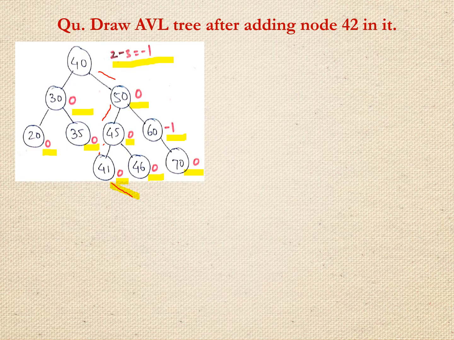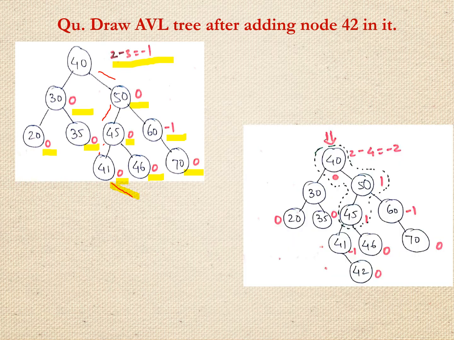Now let us check what will happen after adding the node 42 in it. So now here the node 42 is added. Again we'll be verifying the different balance factor for every node. So here it is 0 for the leaf node. Again it is 0. Here it is also 0. Here it is 0. Here it is 0. Now here, you can verify 2 minus 1, it is 1. Here it is 0 minus 1 minus 1. Here for this node it will be again 0. We can write here 0.